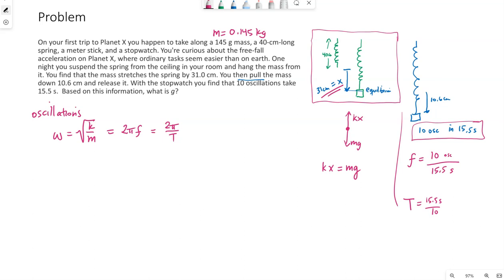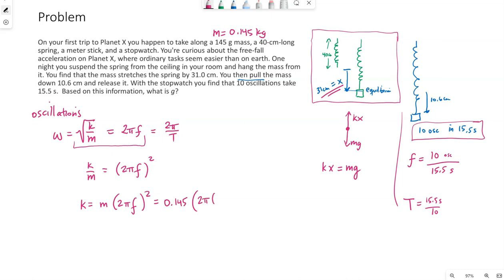Coming back to my equation, I'm going to go ahead and just use the 2 pi f since they're already close together here. If I square both sides, I get rid of the square root. I know the mass, so if I bring the mass up here, we can calculate the spring constant. So by putting in our mass,